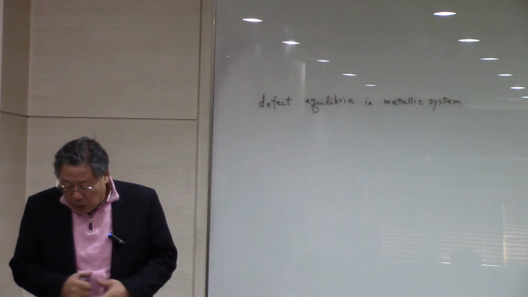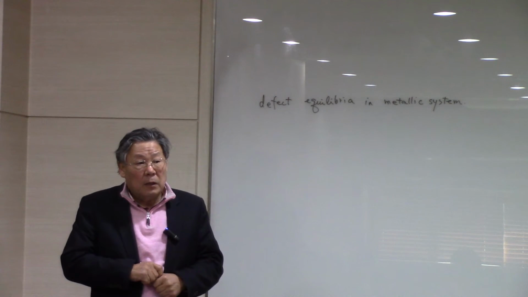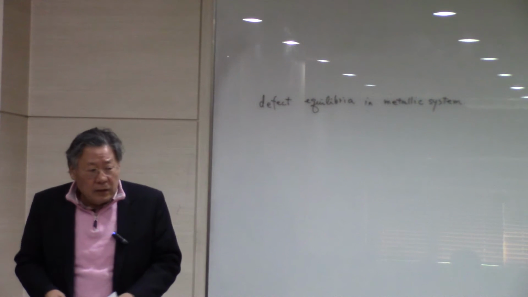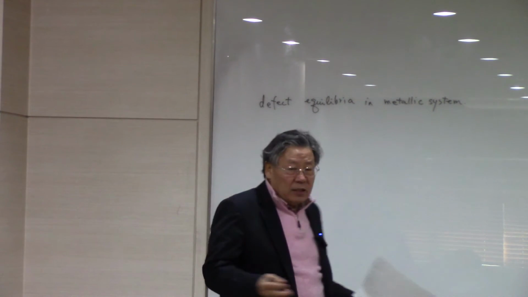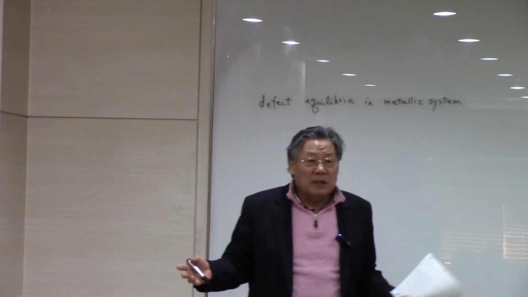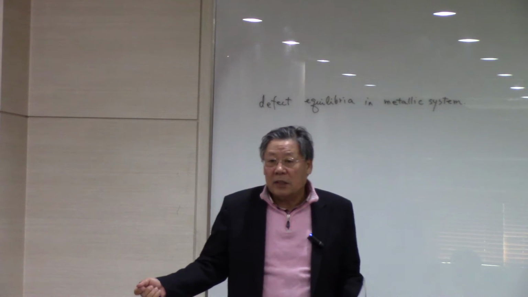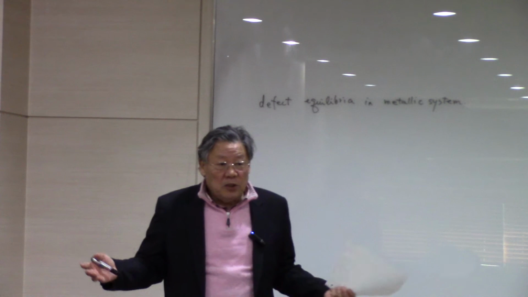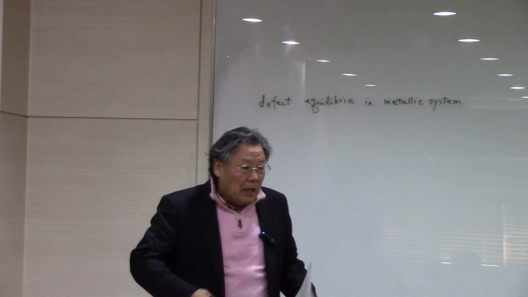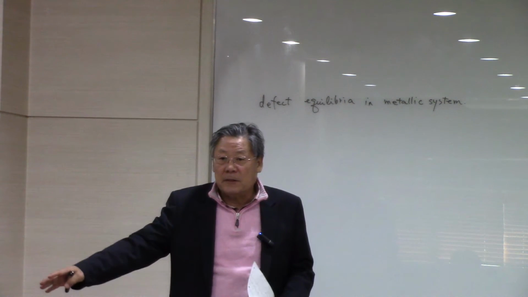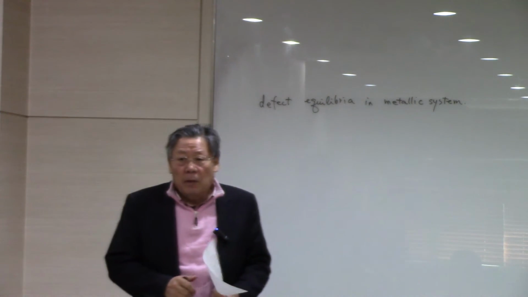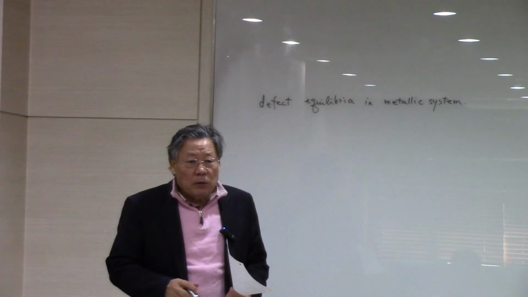Now, if we're talking about metallic systems, then certainly we are not talking about the electrical properties, because metal is metal. It's always conducting. So we are not going to manipulate any electrical resistance properties of the metals. Metal is just metal, it's a conductor. So if you want to talk about